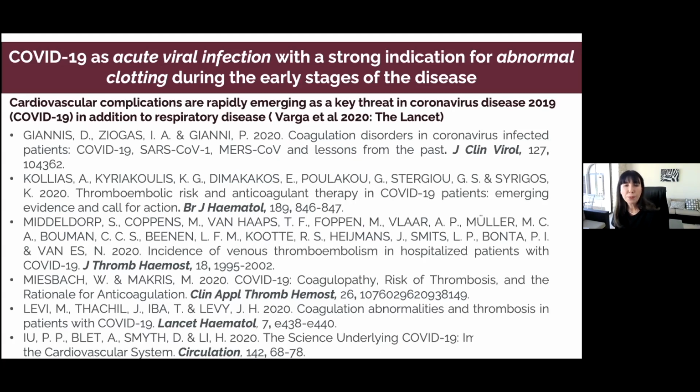Although initially thought to be a typical viral pneumonia with acute disseminated intravascular coagulopathy, or DIC, it is now being accepted that COVID-19 is primarily an endothelial disease and also a vascular disease. Endotheliopathy plays a significant role in the severity of COVID-19. Endotheliopathy is also known to be significantly linked to coagulopathies, as it activates microthrombotic pathways and initiates microthrombogenesis, leading to endotheliopathy-associated intravascular microthrombosis. It is now therefore well accepted that in addition to respiratory disease, cardiovascular and clotting complications are